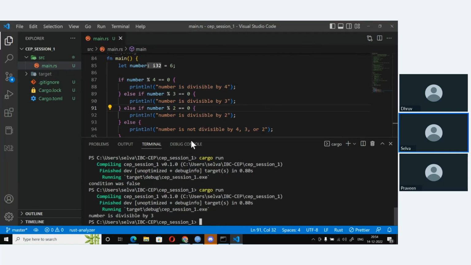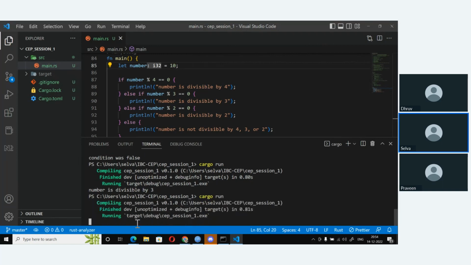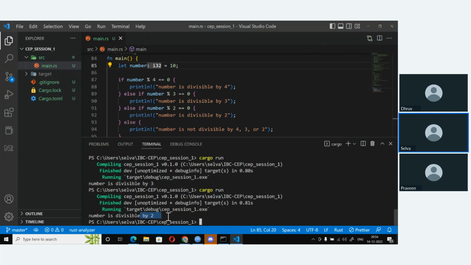So number is divisible by 3. Now something that is not divisible by 4 and not divisible by 3, but only divisible by 2. So I put this as 10. So it will only be divisible by 2, but not 3 and 4. And remember, you should always test your program with all the test conditions possible.